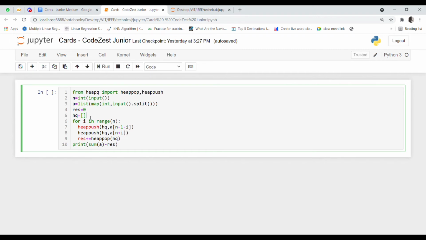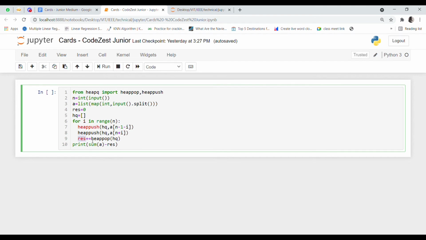declared a for loop in range n. Using heappush, we have added an element out of the list that we have as our input. Similarly, we have added another element at position n plus i in our heap, and the smallest value of those is passed on to the variable res and is summed up.